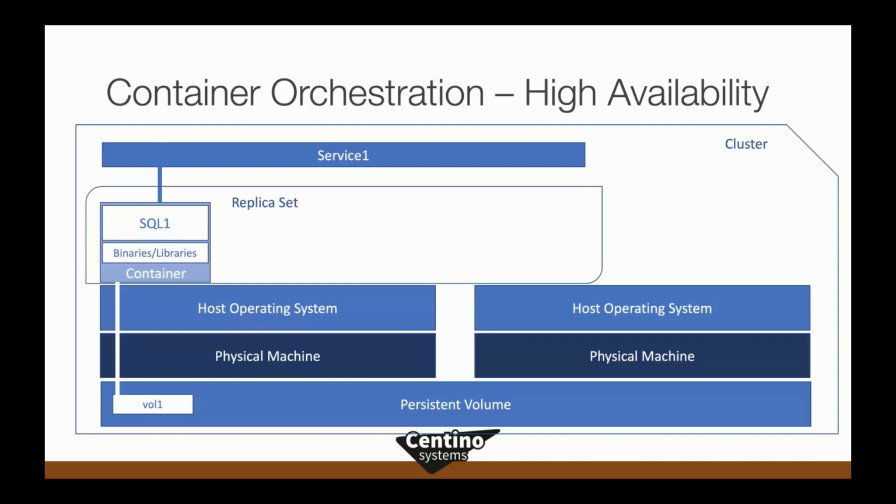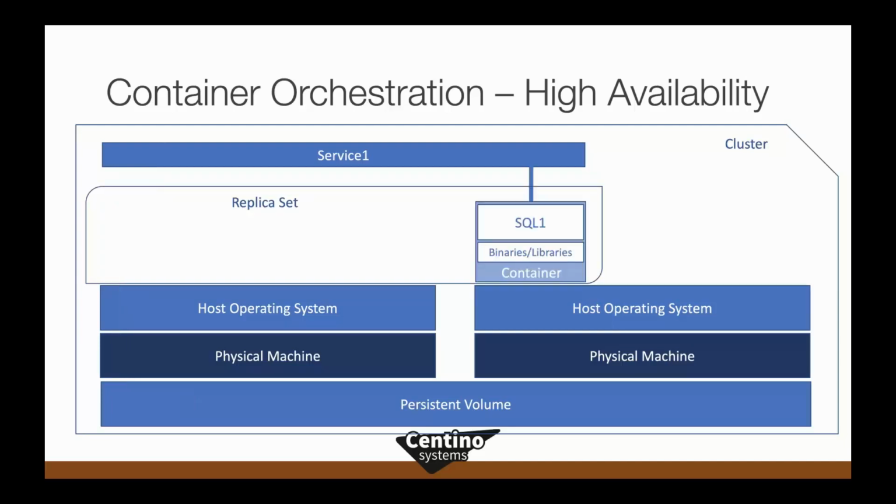The replica set's always going to keep a container up and running inside of Kubernetes, and it's also going to present my data storage persistently as part of volume one, and attach that to SQL one because I've defined that in the code that represents this implementation inside of my Kubernetes cluster. Now, if that container dies, it's the job of Kubernetes to start that container somewhere else in the cluster, and it's also the job of Kubernetes to make sure that it reattaches that storage for me.